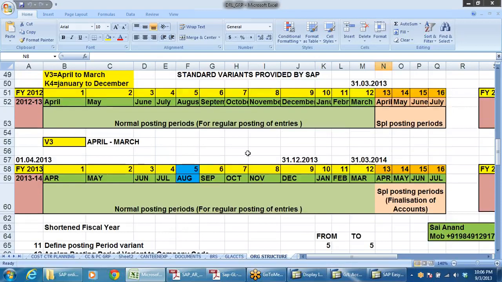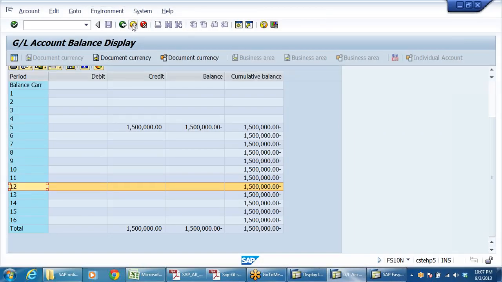This doubt I have already clarified when we were discussing at the beginning. That's why I am showing you 2 accounting periods. 2012, that is 2012-13, will be completed on 31st March. And here, the special periods are up to July 16th. But if you are going to post an accounting entry in the month of April, you'll take the 13th period. Here you are going to take the first period. Here you are going to take the 14th period. Here you are going to take the second period. So both will be kept open, but periods are different. Yes, I understood.